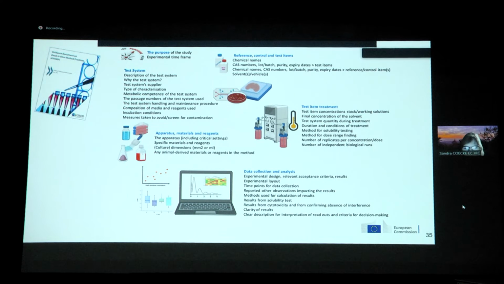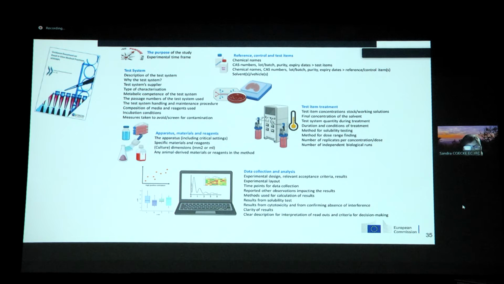What is the essence of all this? You need to know what you're working with. And these are a few questions, and the slides are all available. If you work with cells and tissues, you need to first question why that particular test system, why it's relevant. Where do I get it? Is there a good supplier which works under quality control conditions? Do I need some extra characterization to know what I'm working with? Does this test system have a metabolism component, because it seems to be very important?